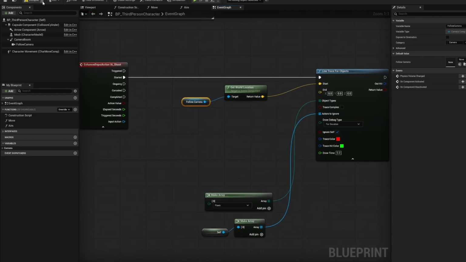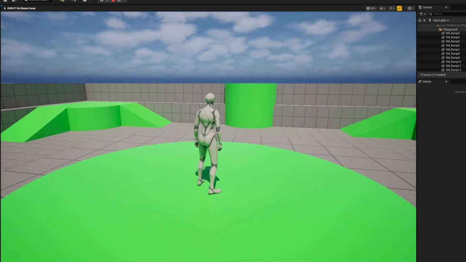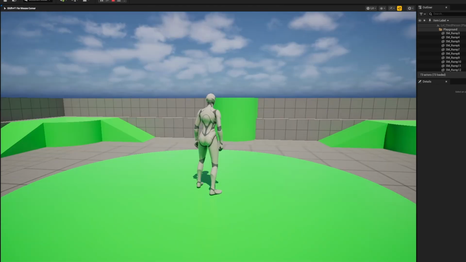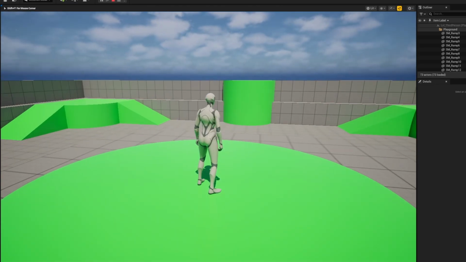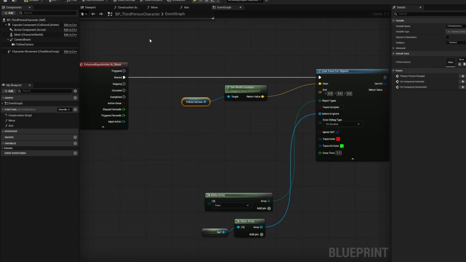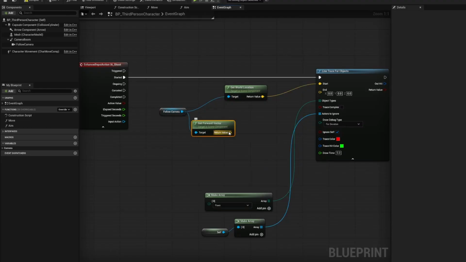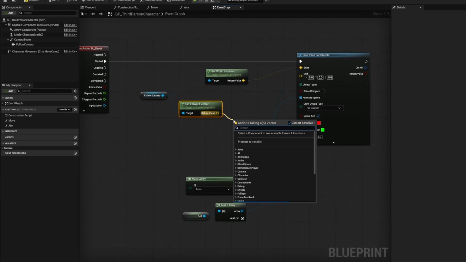And so what we want it to do is we want it to go straight out of the camera in the direction of the middle of the camera, and then we want it to hit something out there in the future, in the distance. And so we need the forward vector from the camera. So we're going to get the camera. We're going to get the forward vector. This is going to point us in the right direction, but then we have to multiply it. So we're going to multiply this